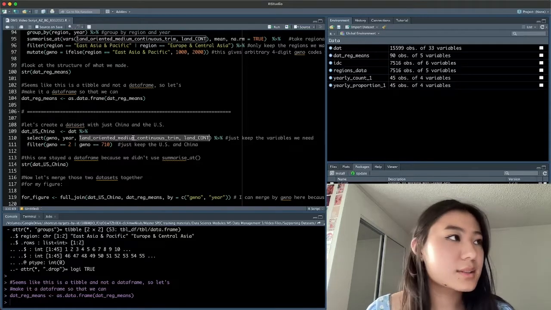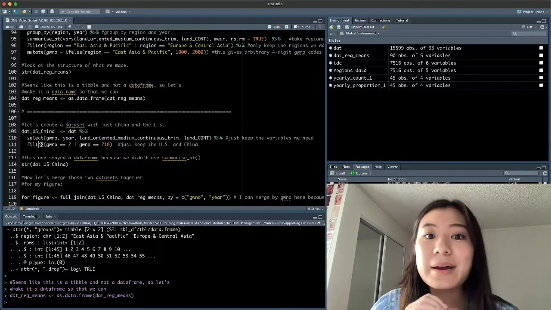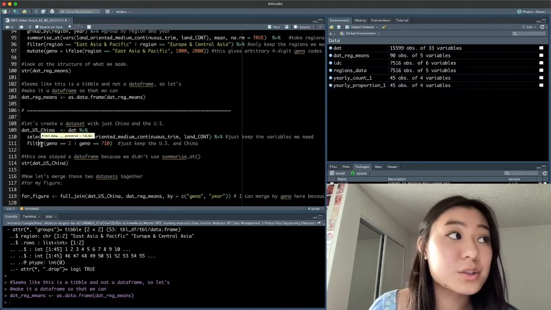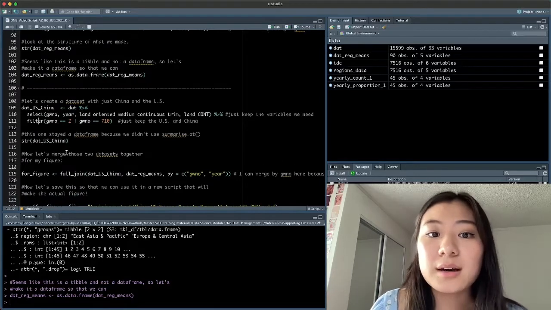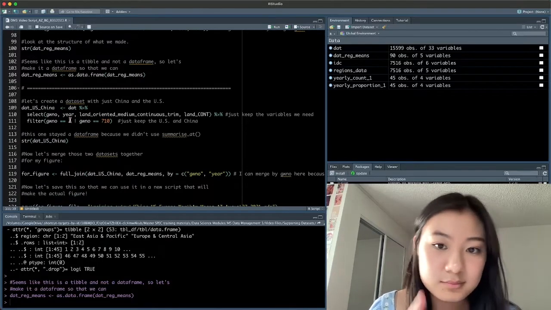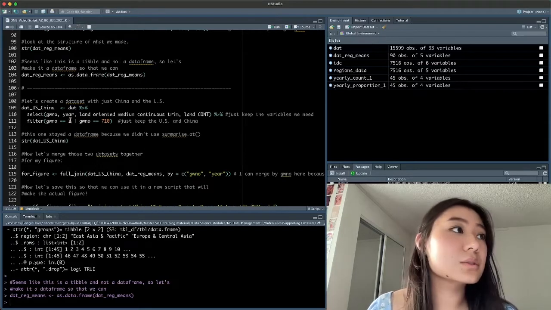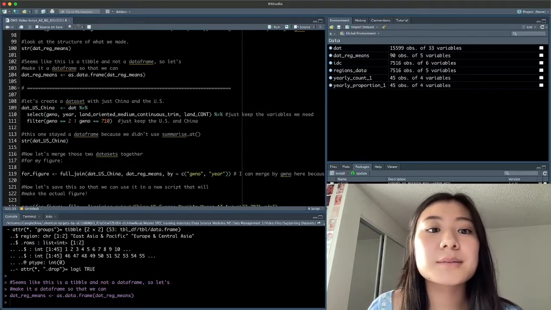And we're going to use the filter command to keep just the observations for those two countries that we want. So essentially, we will keep GWNO is equal to 2, that's the US, or if it's equal to 710, which is China.